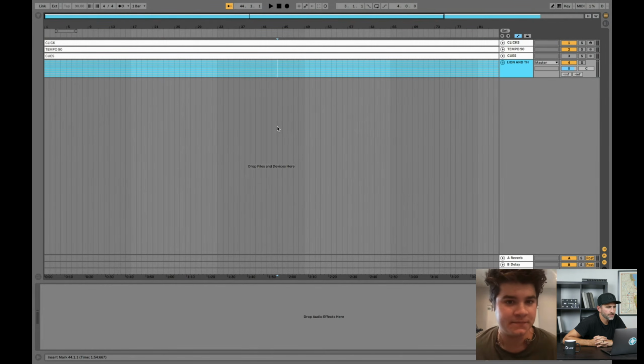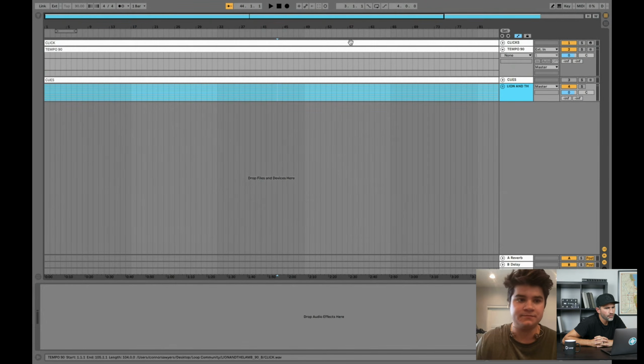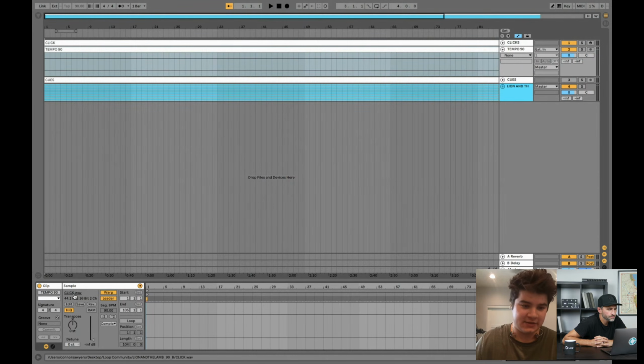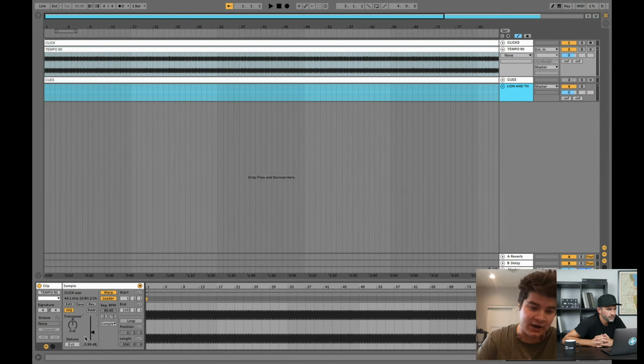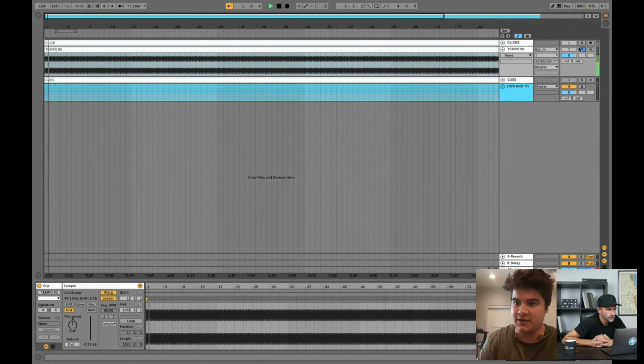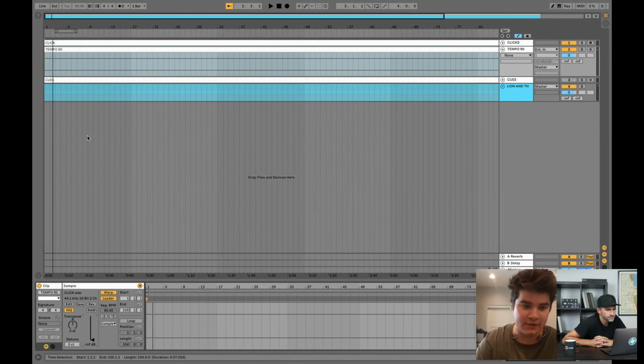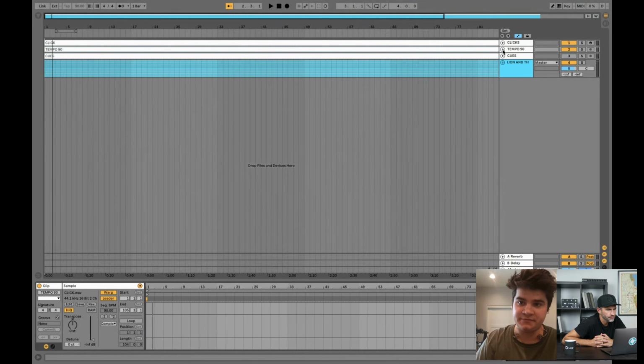Can we just pause for 1 second, because I think you went through it really fast, and I just want to make sure I'm understanding this. That track that says tempo 90, that was the original click from Loop Community? You can see down here in the sample window, it's the original click from Loop Community. If I turn it back up, you would even hear that. Okay. But you just muted it, and you made it the leader. I made it the leader, so that click is leading all of the other stems. Okay, got it.